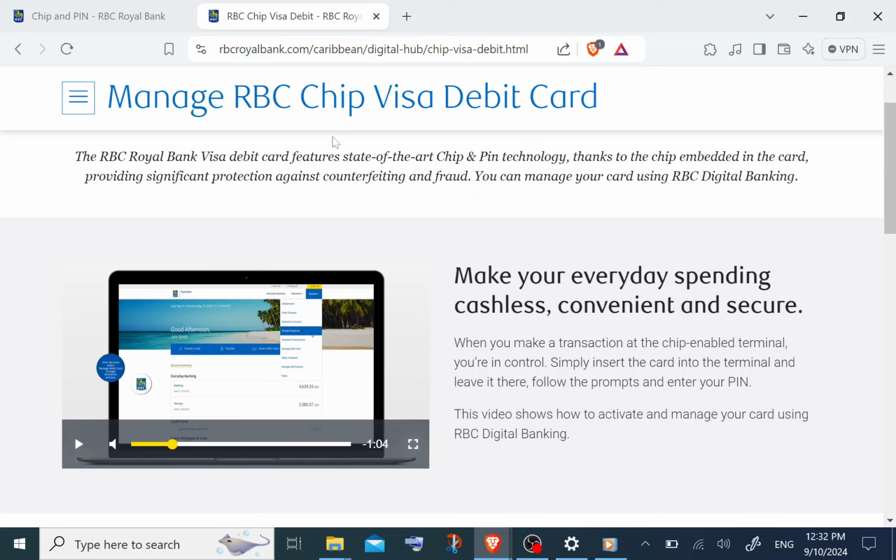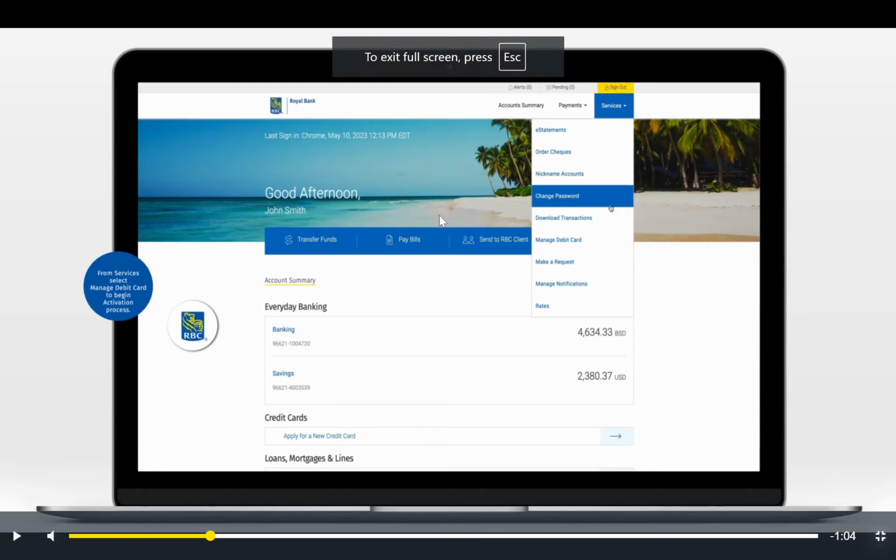So today I'm gonna show you how to set or change your RBC PIN. So if you have already activated your card,